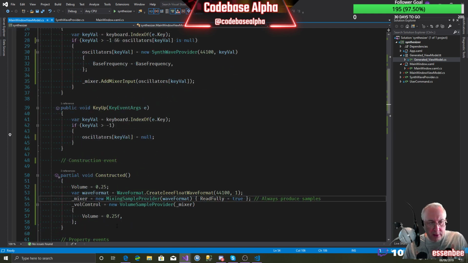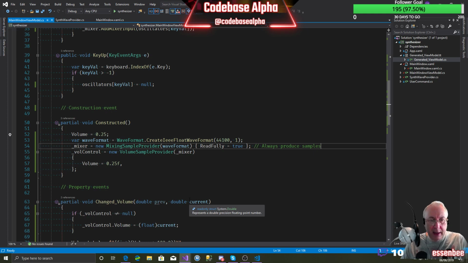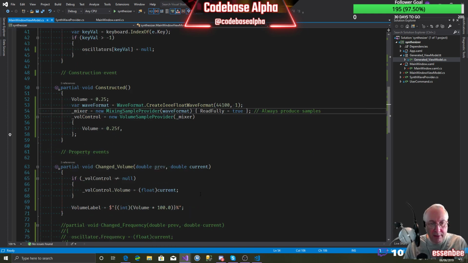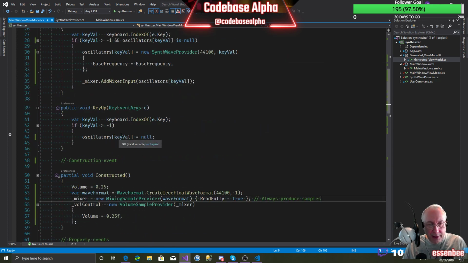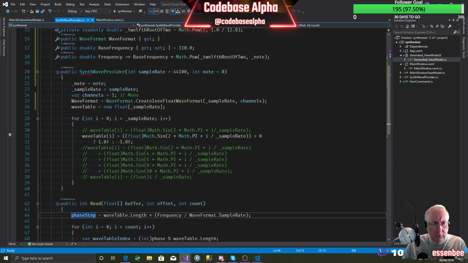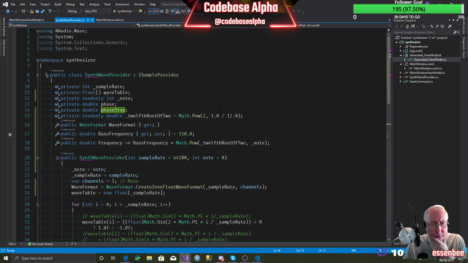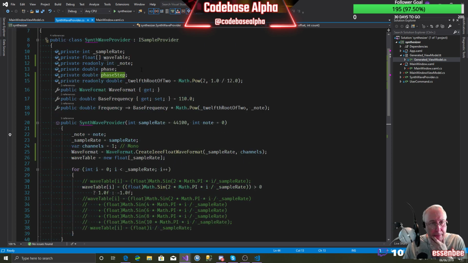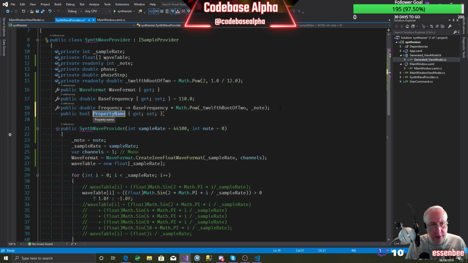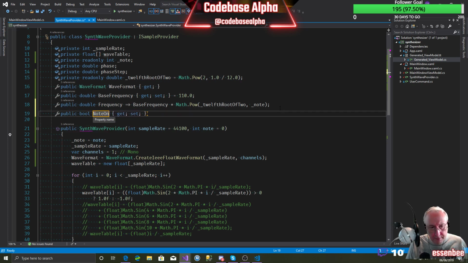Okay, so the reason why it's playing is that the note is still going, even though we've lifted the key and removed the key from our oscillator array. That note is still going, so we need to switch the note off. Okay, well, we can do that. We want a note off property. So let's create a new boolean called note on there,